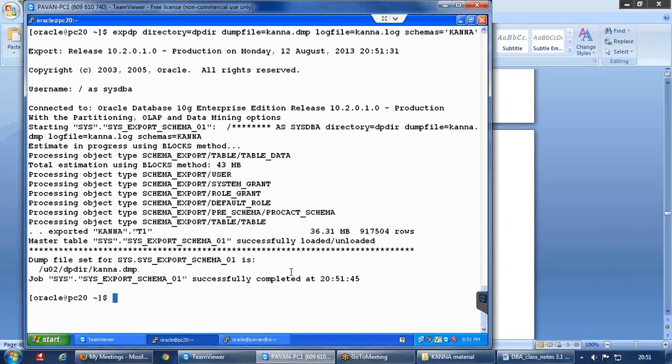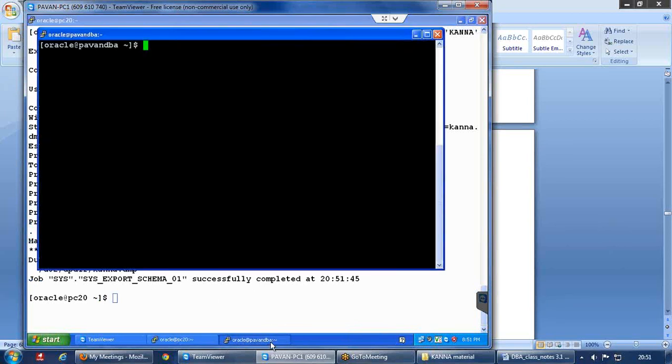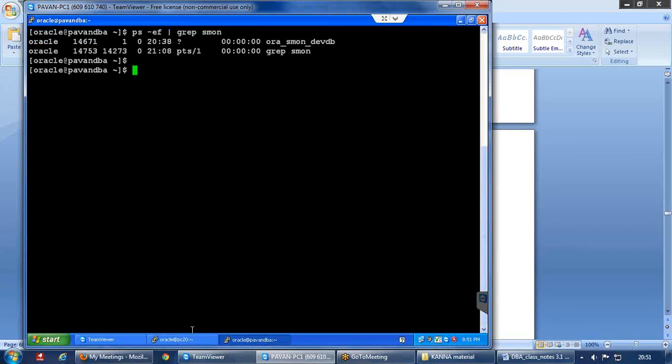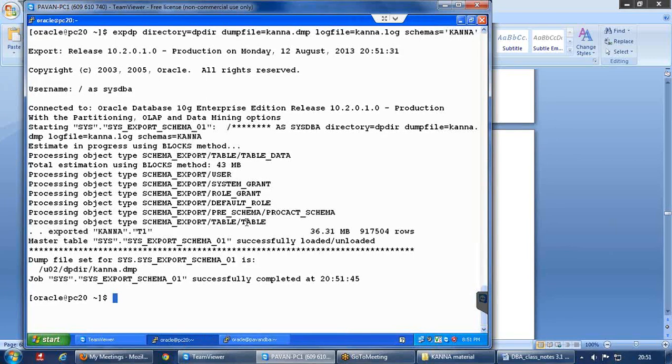So export got completed. Now I am going to transfer this file to another server. So I have another server where a database by the name devdb is existing. So I am just transferring this to this server. I say scp dump file to other server in some location. For example,